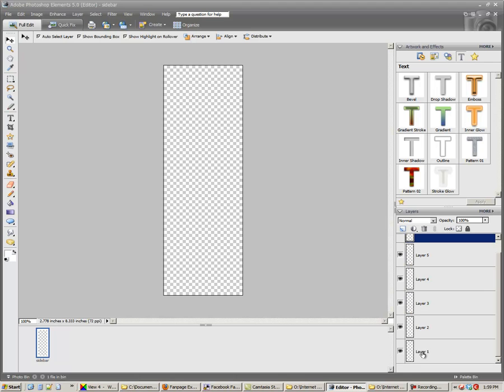All right. Layer 1, and I like to name my layers according to what they do. So this is going to be my background. This is going to be my headline. This is going to be my subheadline. This is going to be my benefits. This is going to be my call to action. And I need one more. This is going to be my URL. Okay, so